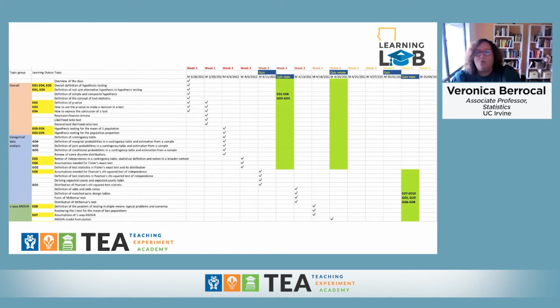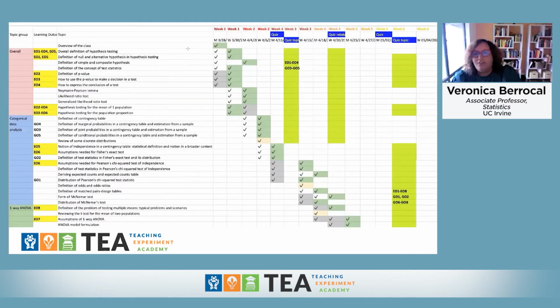And then as the quarter progressed, of course, I fell a little behind. So this is the actual now version of the daily schedule, where I color in green every topic that I managed to cover in that lecture. In gray are the ones that I didn't manage to cover. The yellow is the one that I actually asked the TA to cover in the discussion session. And then,